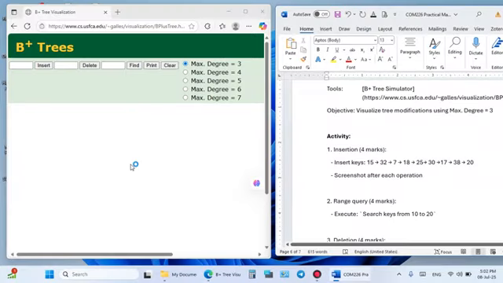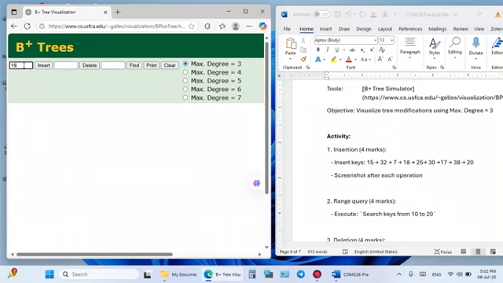So I have the portal open now, the B plus tree. I'm using the same URL I've given you in the practical manual. That is what I inserted here, and then the portal opened. Now we start inserting the keys 15, 32. So we give 15 first, you say insert, then 32, you go and insert,